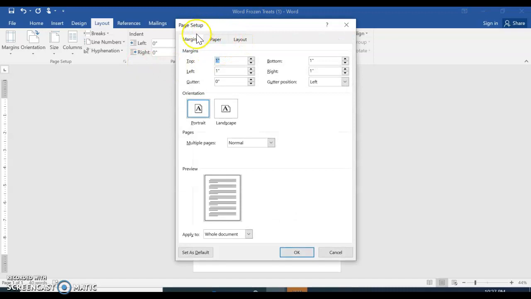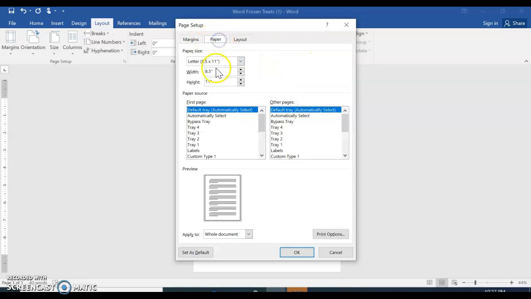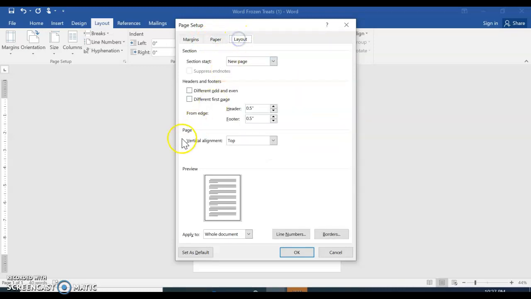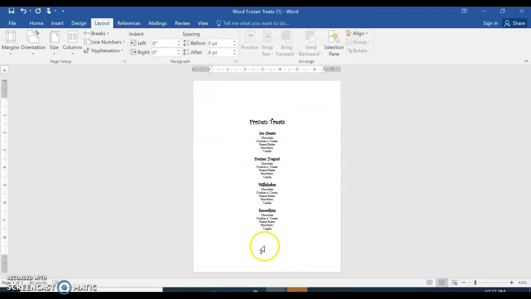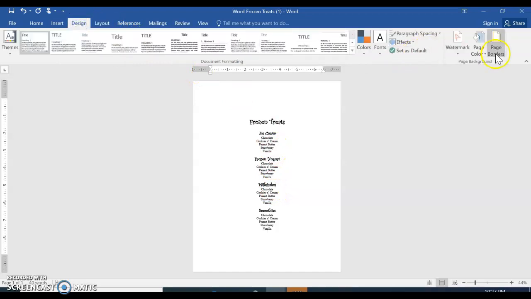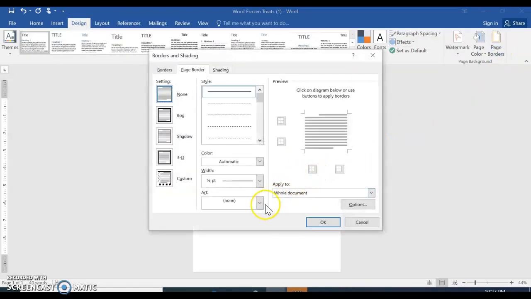tabs in the Page Setup dialog box: margins, which you can see they're all 1-inch margins, top, bottom, left, right, paper, 8.5 by 11, layout. Change the vertical alignment, instead of at the top, center, and then click OK, and you'll see that it's balanced in the center. And then just for appearances wise, choose design and page border, and I know there is an